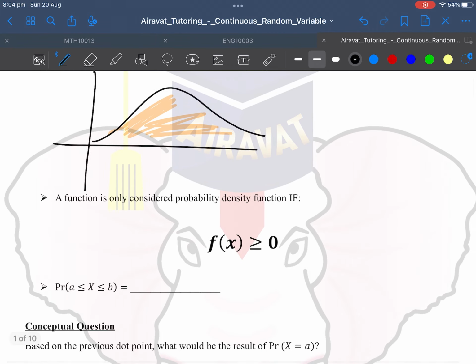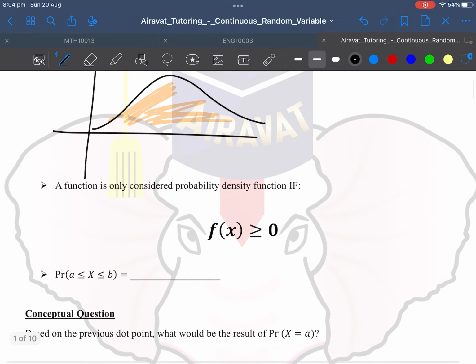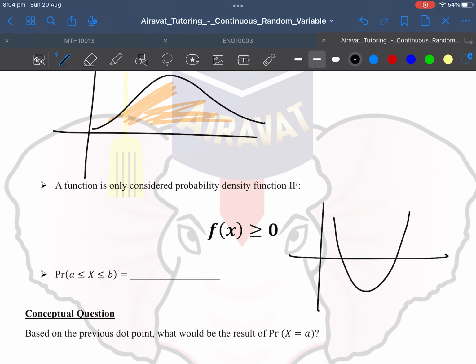Now the second rule: a function is considered a probability density function if and only if f of x is greater than or equal to 0. Now, say that you have this function over here, like so, and this is the area encased. Why is this wrong? Can this represent probability? No. Why is that? Well, that's because can probability ever be negative? Because simply, if the graph or the function is below